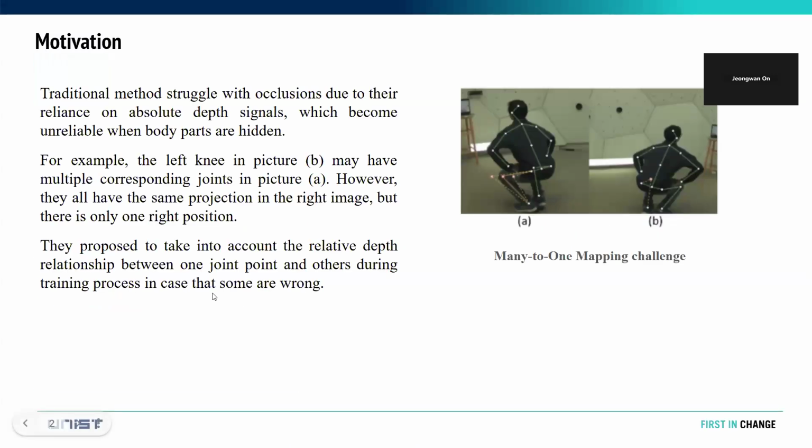So the motivation of this paper is to build a 3D human pose estimation method which provides good performance in occluded scenarios. Traditional methods might struggle with occlusion because they strongly depend on the absolute depth signals. For example, you can see here the estimated key points of the